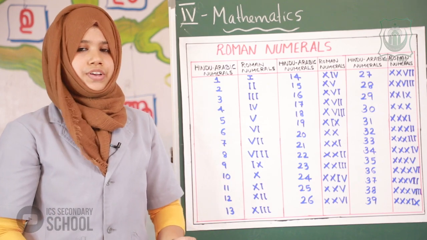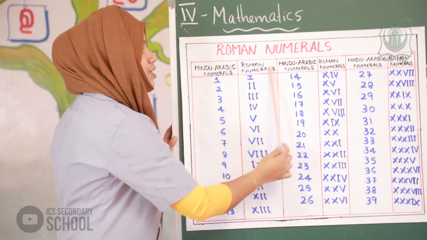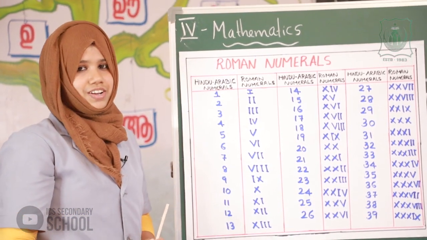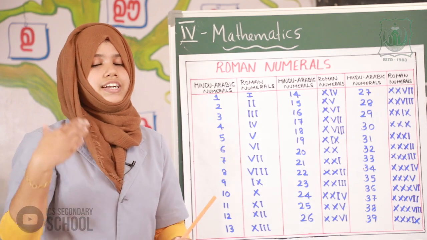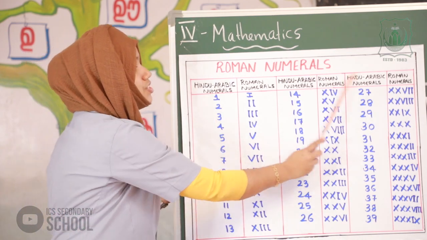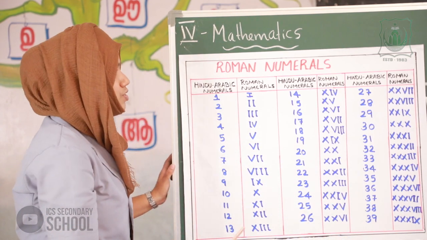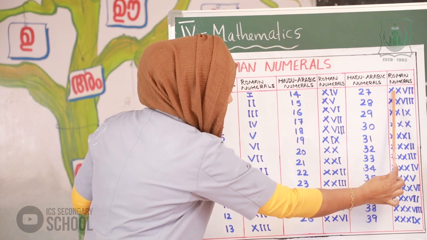26. Okay. When we study the writing rules, you can understand well. After this discussion, we can discuss the rules of writing. So you should clearly understand these numbers. Okay. So don't worry right now. And this is 27, XV